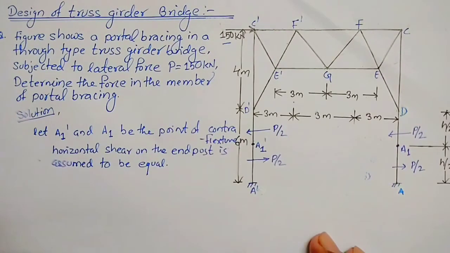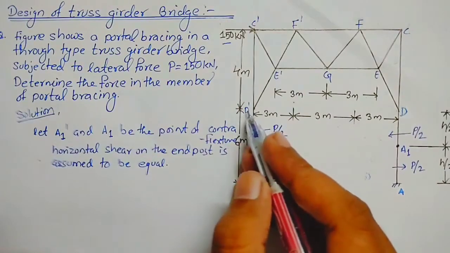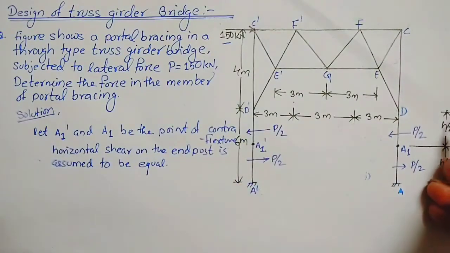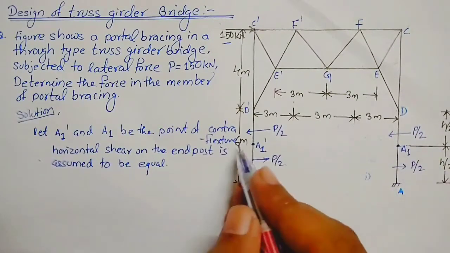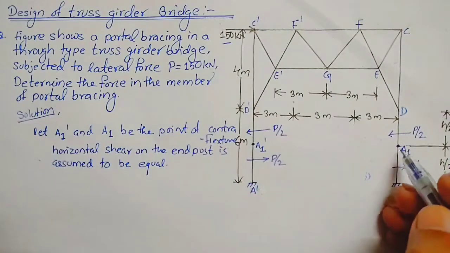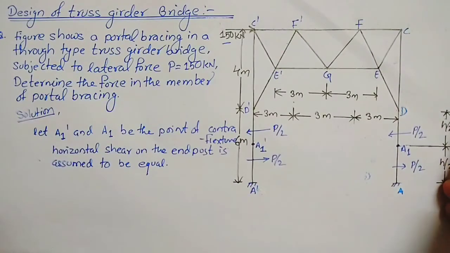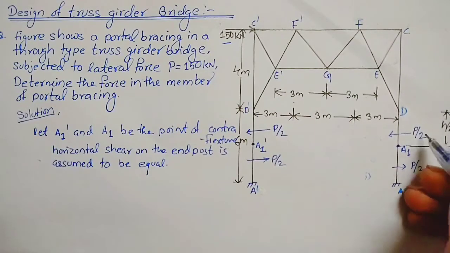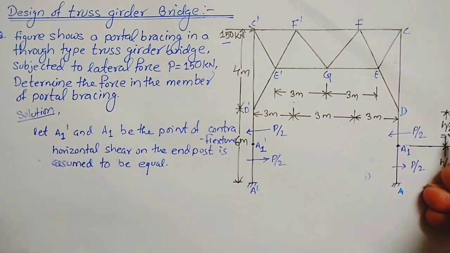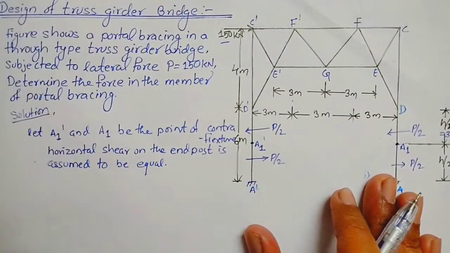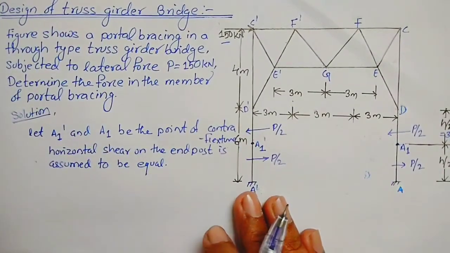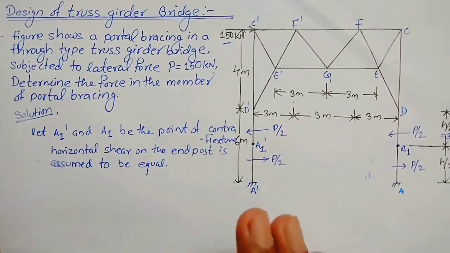So guys, these are the spans, and this height of the end post is 6 meter, so we have taken h by 2, means distance up to the CG, and 6 meter is actually h, and half of the distance will be 6 by 2, means this will be equal to 3 meter. Now, it is not visible, so here h by 2 equals 6 by 2, means 3 meter. 6 meter, 3 meter. Now let us move toward step 1.